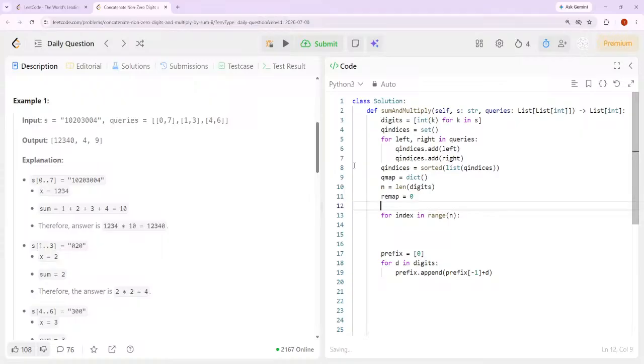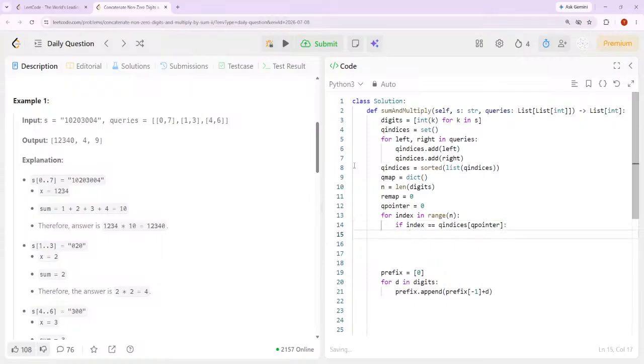I need a pointer to my Q indices. So it's something like if this index is the same index as where my Q pointer is. So Q indices, Q pointer, if the index there is equal to the current index,